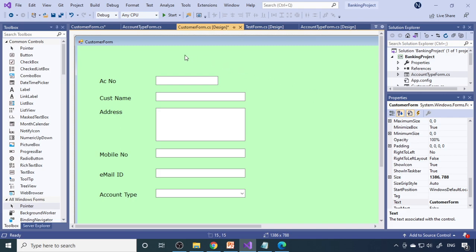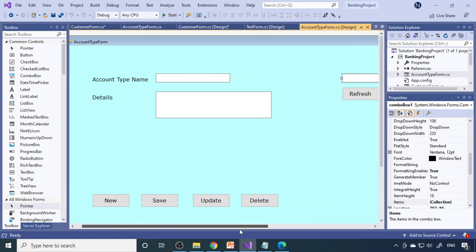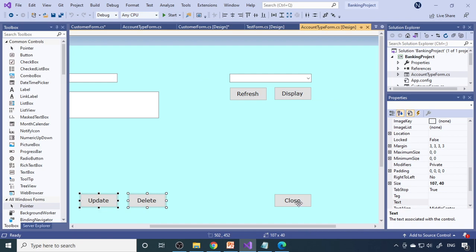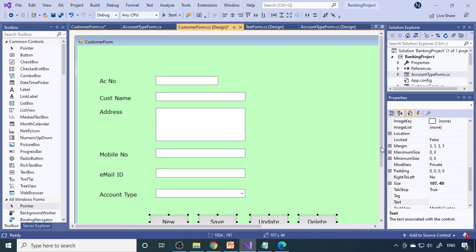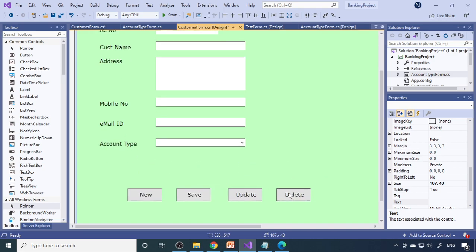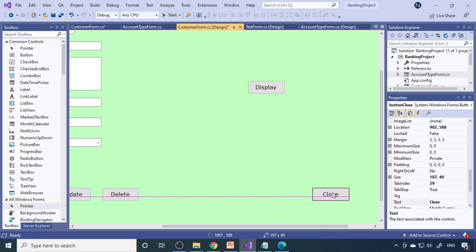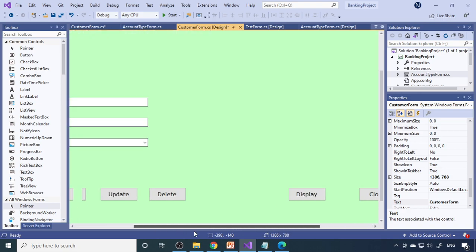Next, we require all the buttons. All that is designed in this form. So therefore, I can just copy these buttons and the display button, Control C. So now we can paste it over there. Now you can see that we have all the buttons. Right. So this close I can keep it here. I can keep the display over here. So done. Now our buttons are ready.